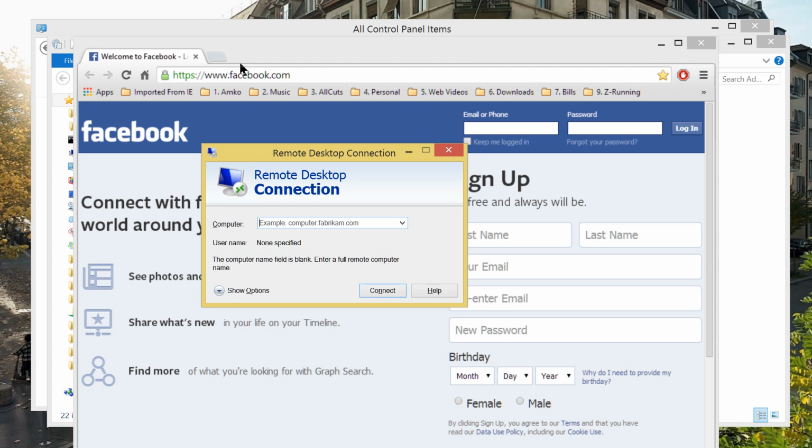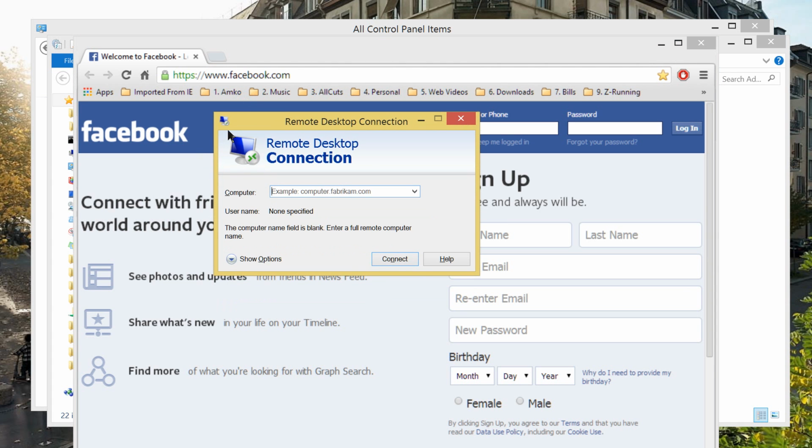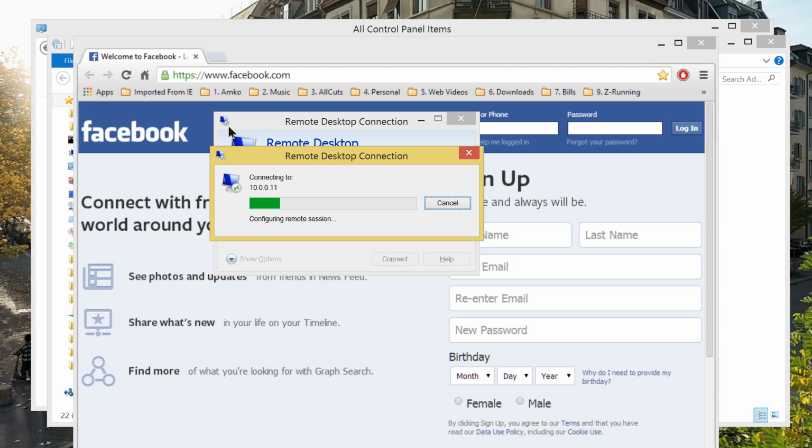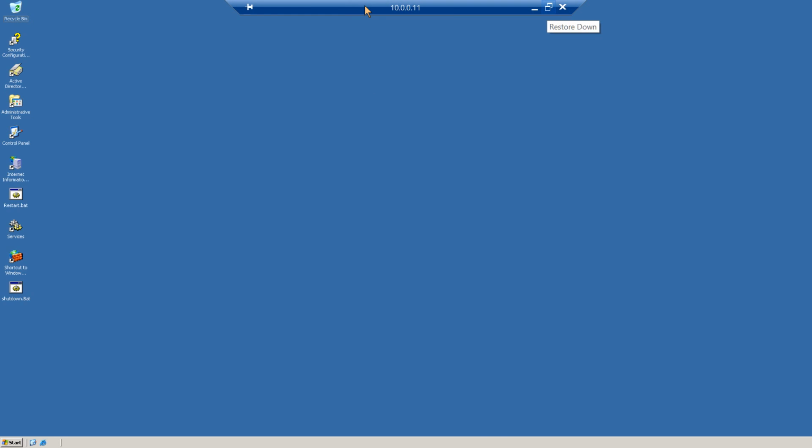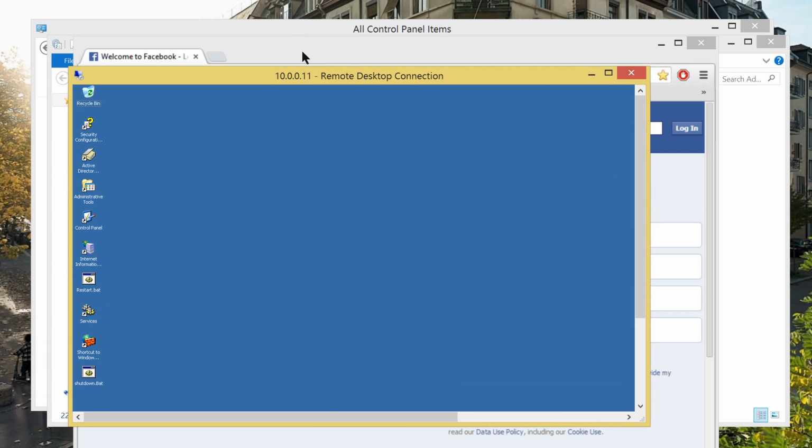Let's see. I'm going to connect to my domain controller, and this is it, 10.0.0.11, and let's see. There you go. I have it here. I'm going to connect as Joe, and then log in to it, and let's see what will happen in here.